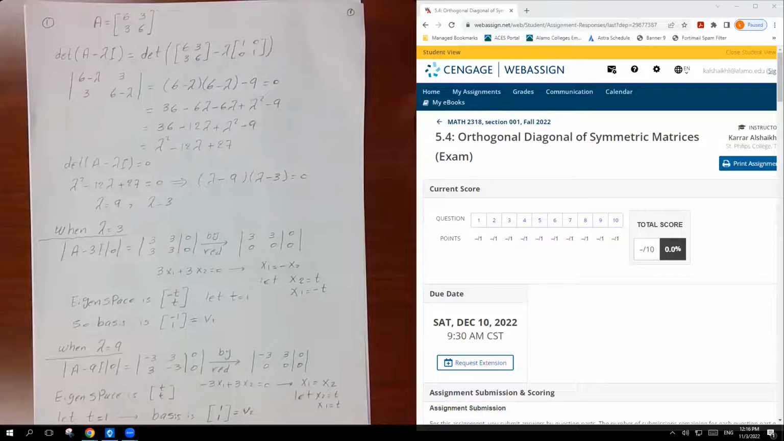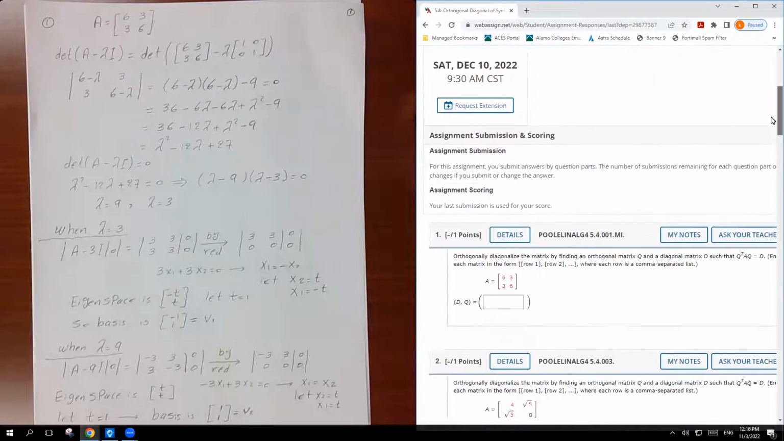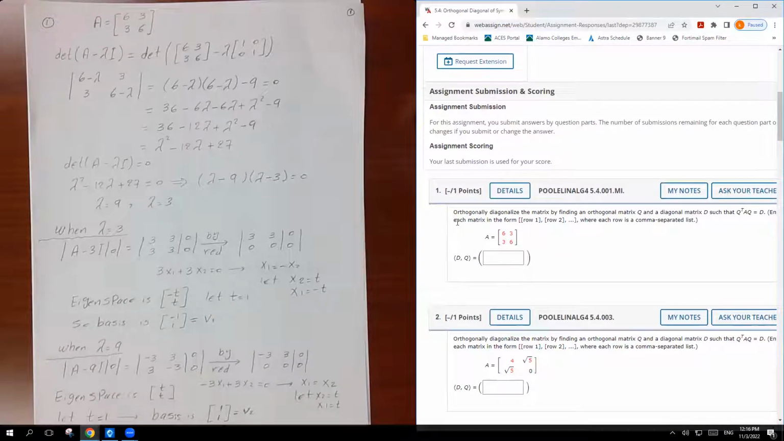Section 5.4, orthogonal diagonalization of symmetric matrices. The first questions here ask you to orthogonally diagonalize the matrix by finding the orthogonal matrix Q. So here is our goal, because we need to satisfy this theorem, which says that Q transpose times the